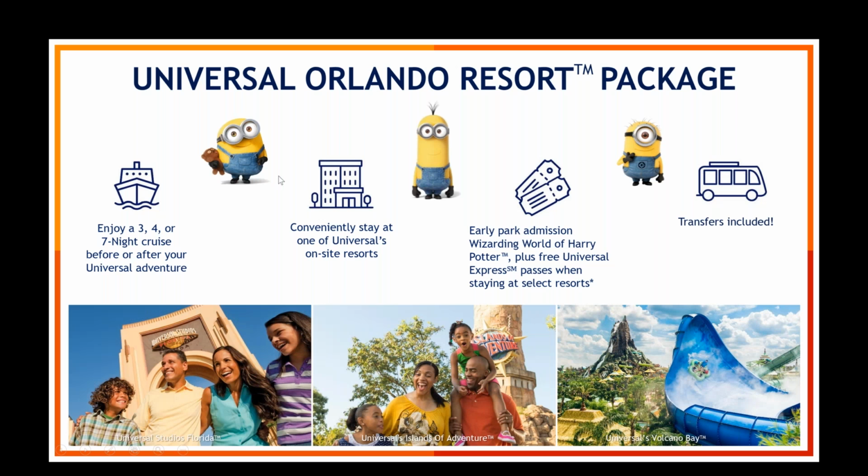All right, our Universal Orlando Resort packages. This is a one-stop shop where you have the opportunity to enjoy Universal Orlando either pre or post-cruise. This would apply for any of our cruises that would depart from Port Canaveral. So you would get a 3, 4, or 7-night cruise in addition to these convenient stays at one of Universal's